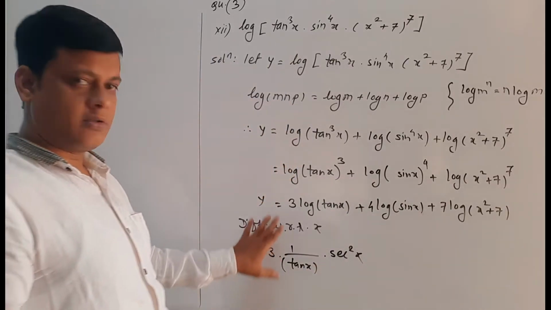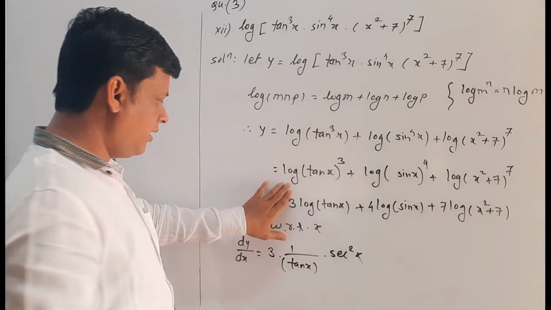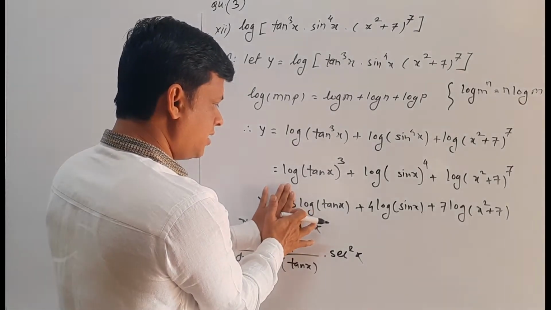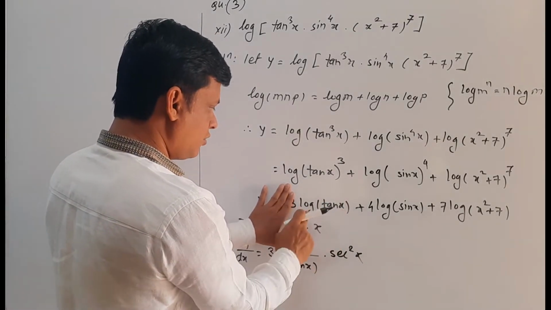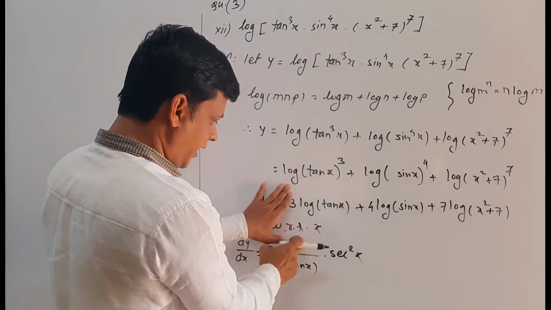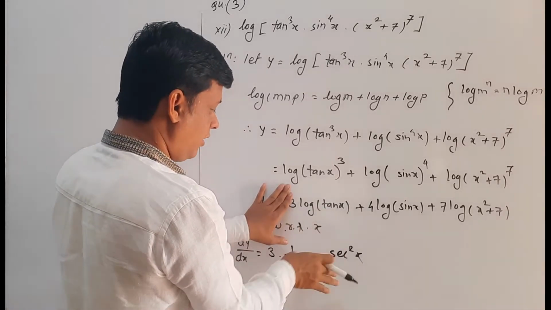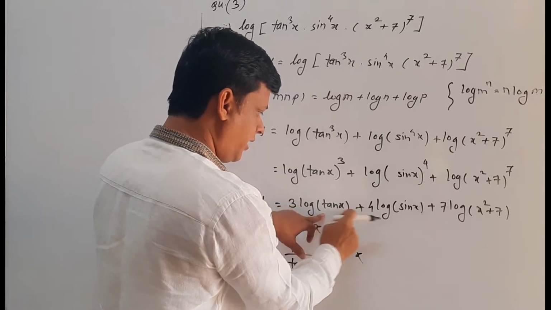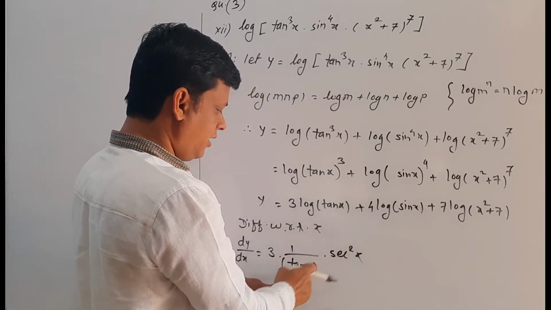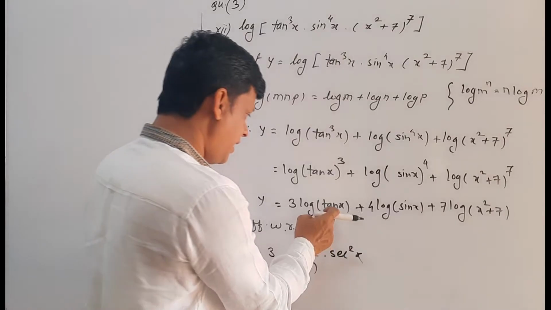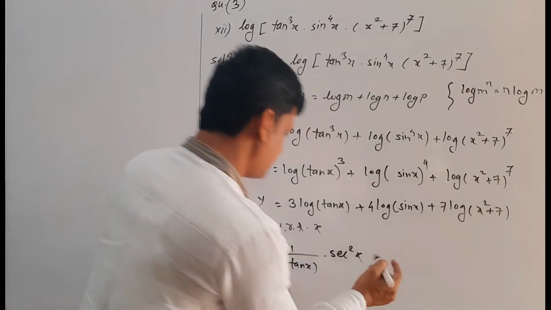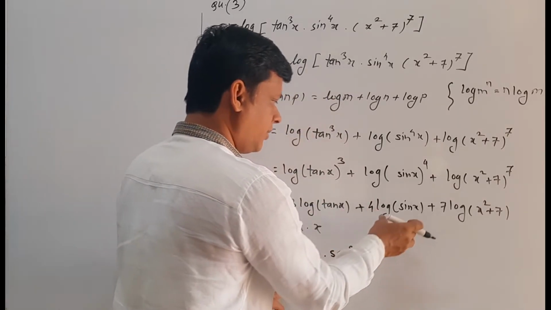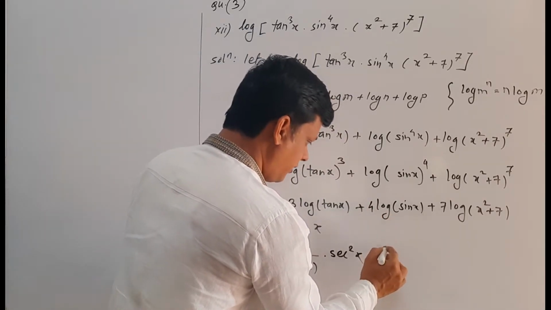So now see here how many derivatives we have to find in one term. Here the outer function is log, the inner function is 10x. So we have to find the derivative of log, which we write as 1 upon, and in place of x we have 10x, so we write 1 upon 10x. Then we have to find the derivative of 10x, which we write as a multiple of this. So we write the derivative of 10x, that is sec²x. Plus 4 is again a constant, so we write 4 as it is.